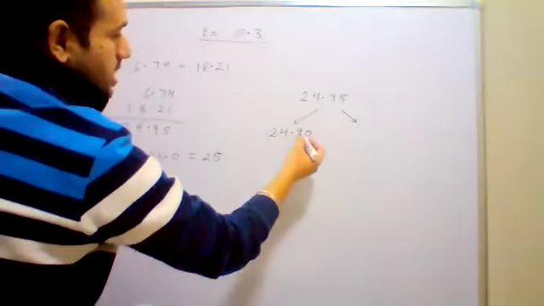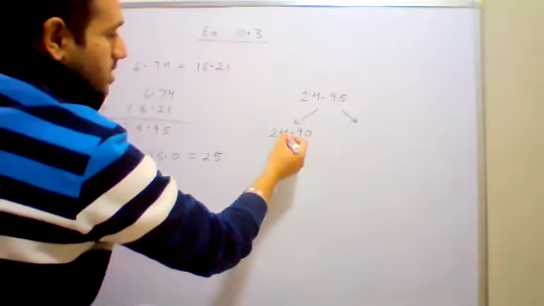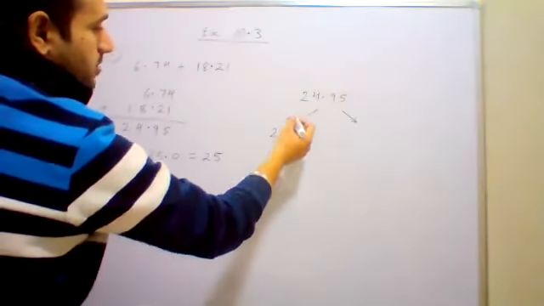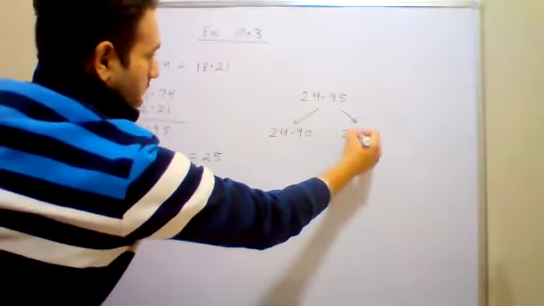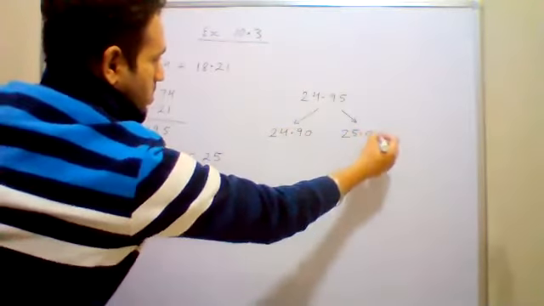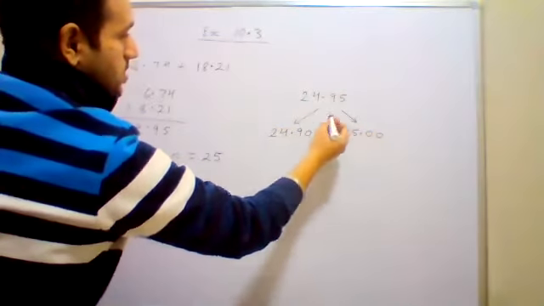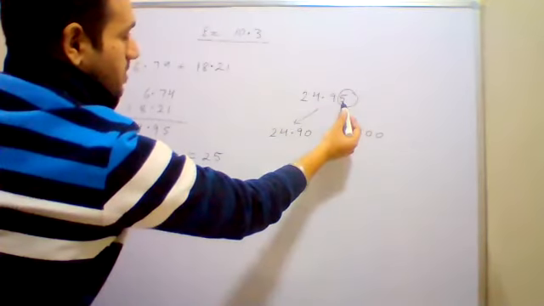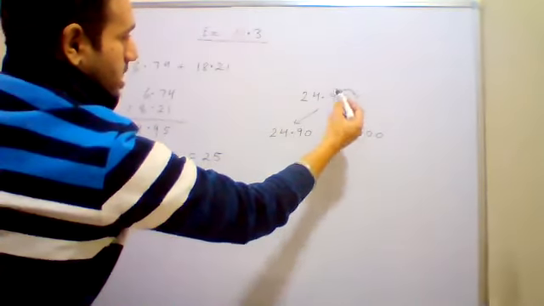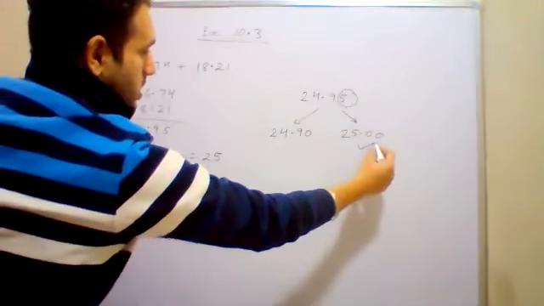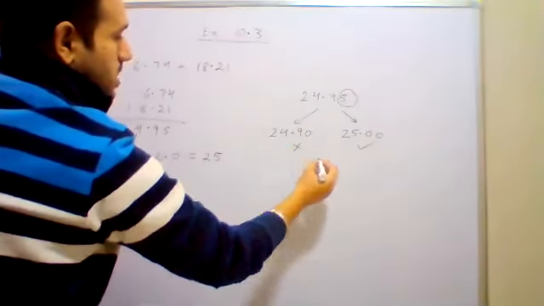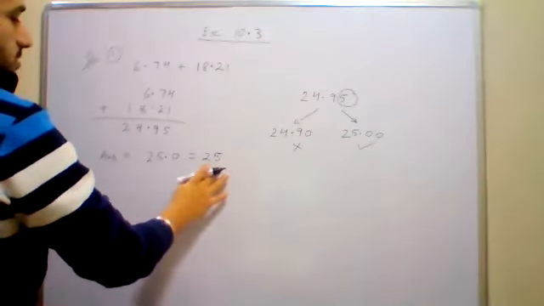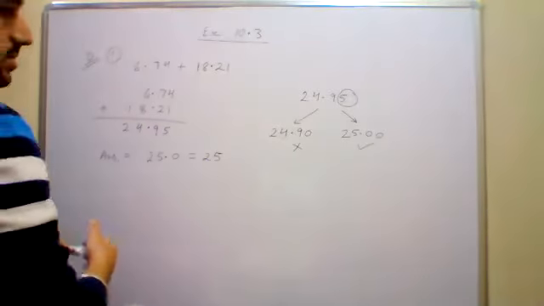It will be 10. So 1 will carry to the next digit. 9 के बाद 10 बन जाएगा. So 10 का 1 जो वो carry हो जाएगा. So this becomes 25.00. But the digit that we are removing here is 5. Now whenever the last digit is 5 or greater than 5, we move on to the greater answer. So that means 25.00 is the answer. When you round off, you get 25. Okay. Got it?